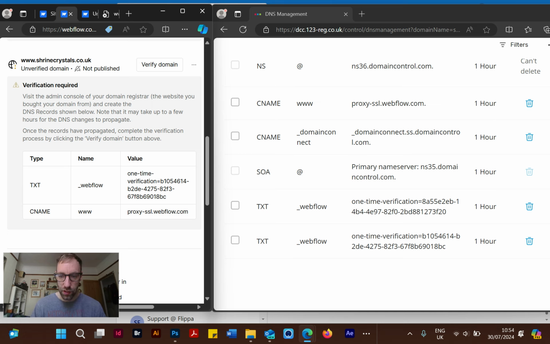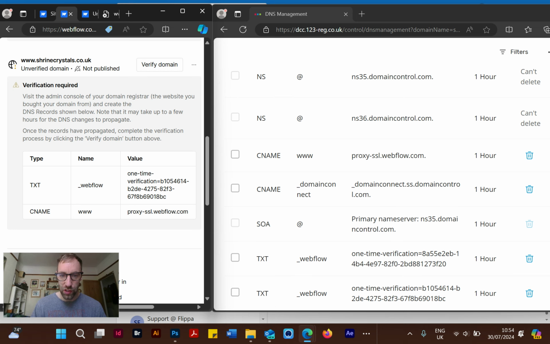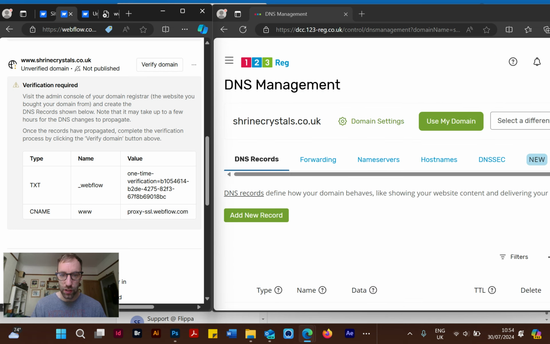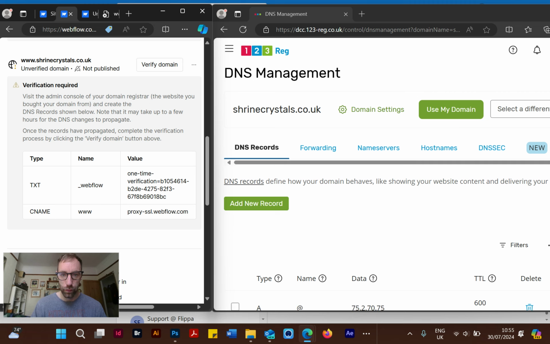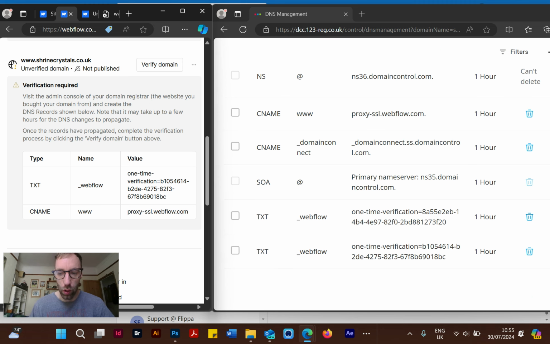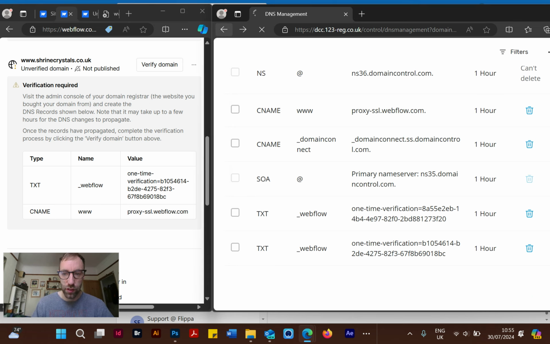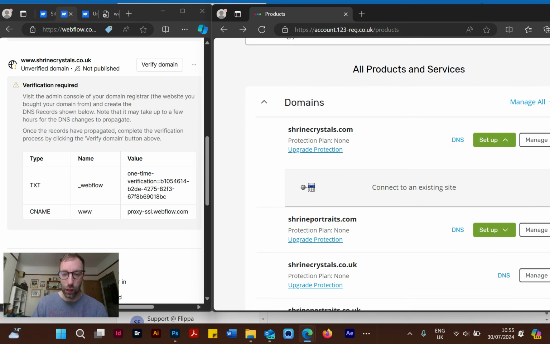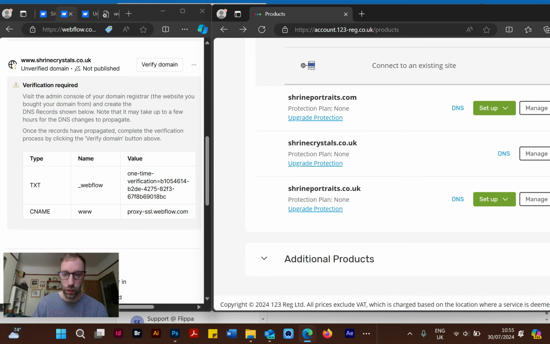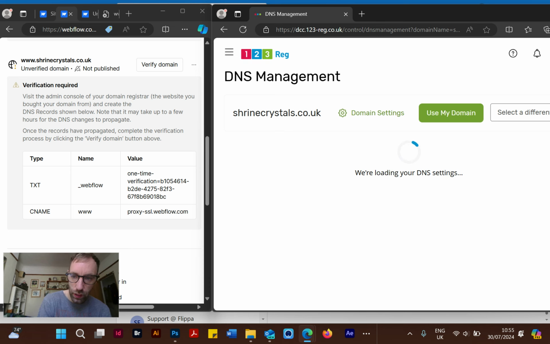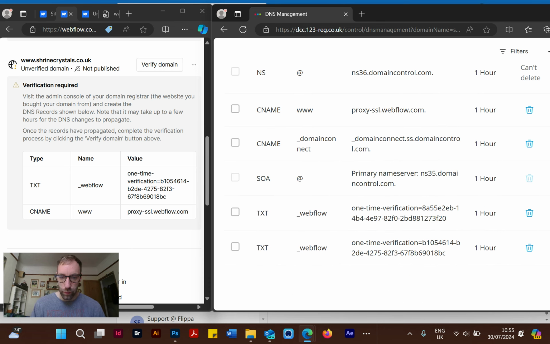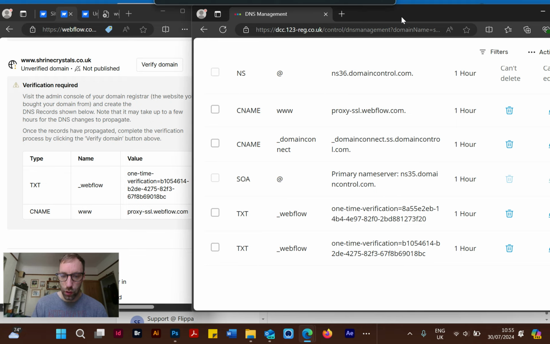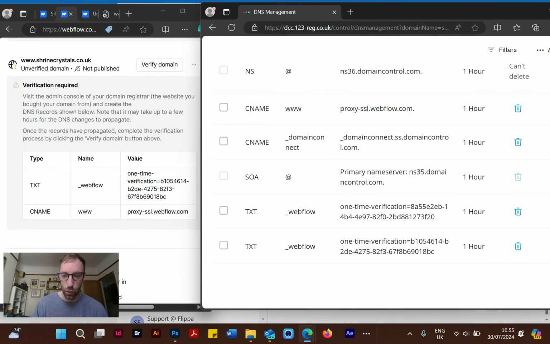You can see there we've actually got two text name records, and what we need to make sure of is that we have the correct domain selected before we do that. My client has purchased several domains here. That's the one they want, Shrine Crystals. If I come into shrinecrystals.co.uk, you can see we've got two